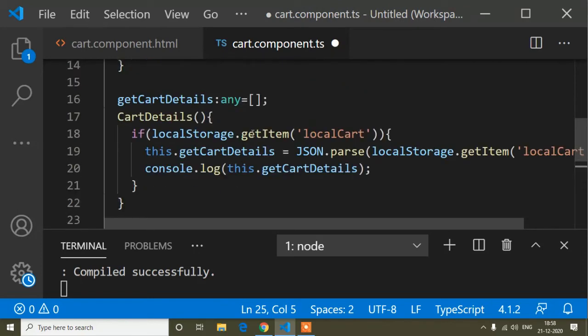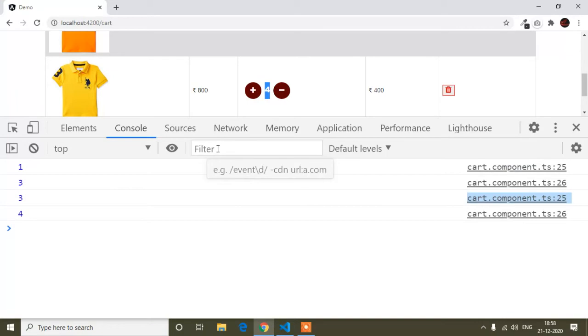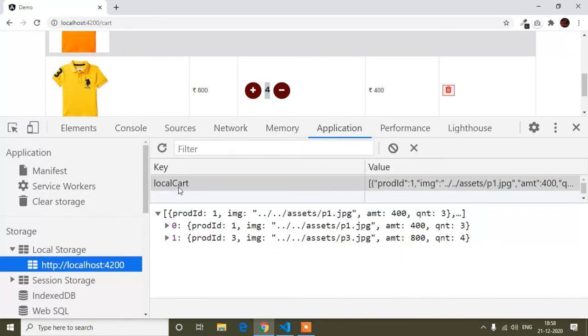First of all I will show you, in the previous tutorial I had stored the card details inside this card details variable, all the local card value. Here you can see this card details JSON.parse localStorage.getItem local card. Local card means, if I go here, this is local card.